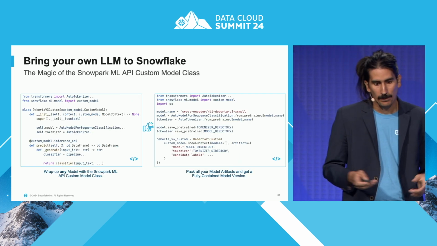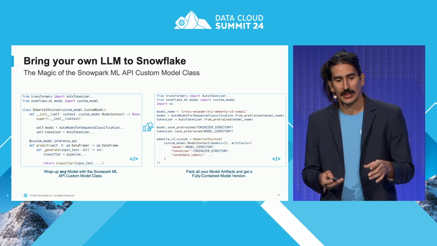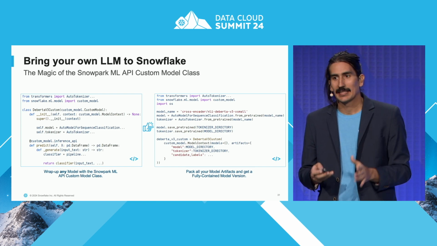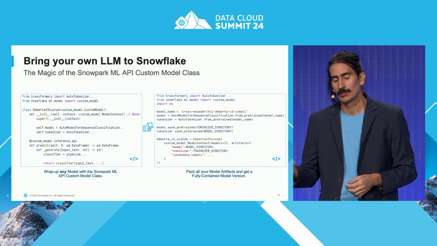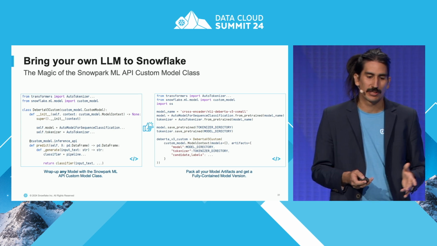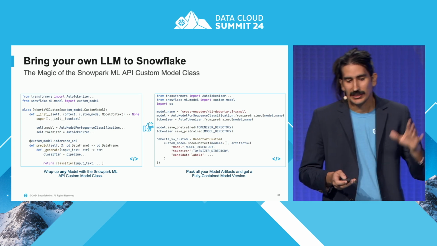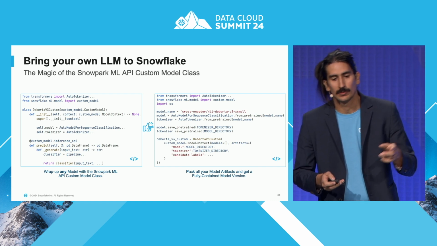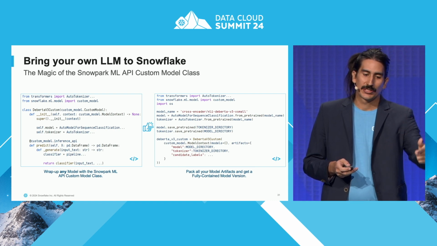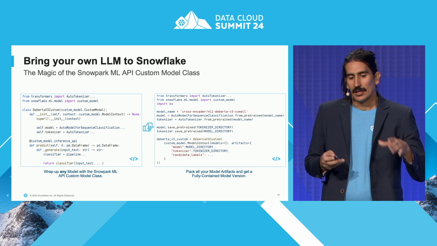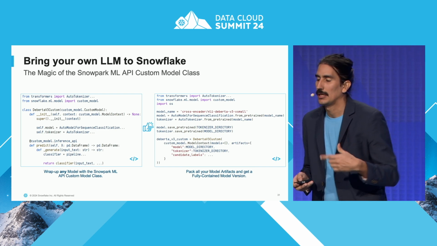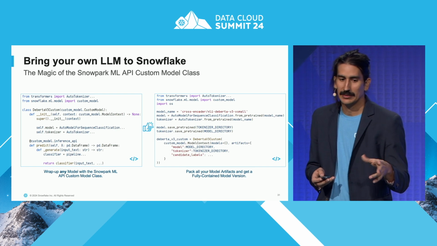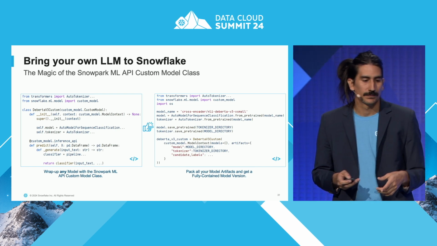For our customer, we used the model registry library to pack an LLM for zero-shot classification of customer reviews. Using the model registry library is quite simple. The first thing that you need to do is to implement the custom model class and override the prediction function there. In the prediction function is where you will call your model and your tokenizer. In our case, we use DeBERTa V3 small.